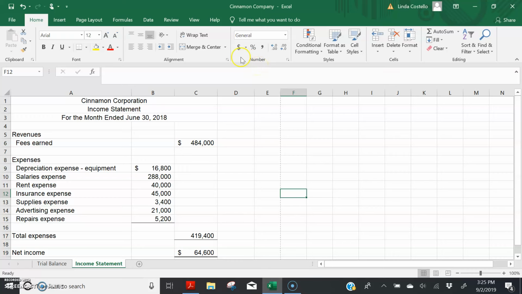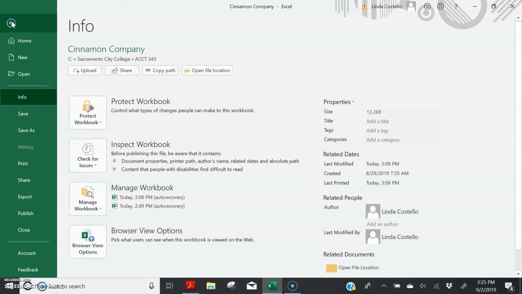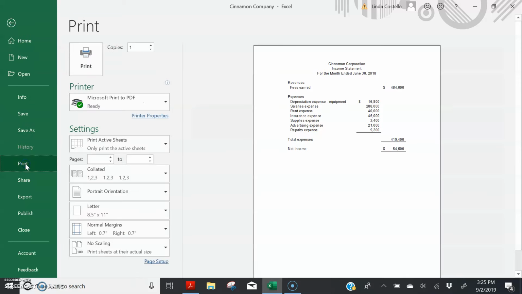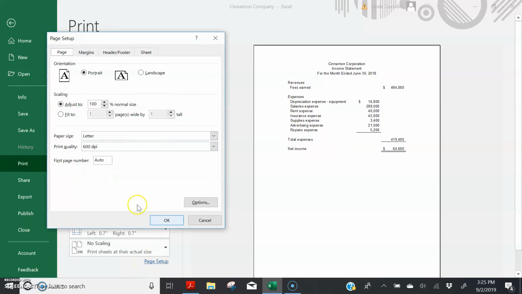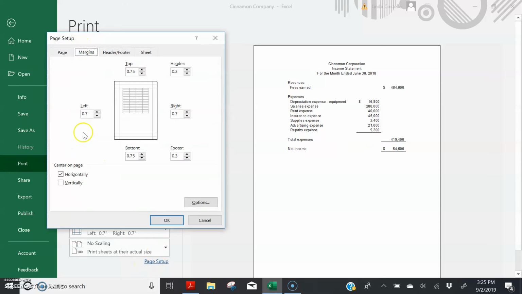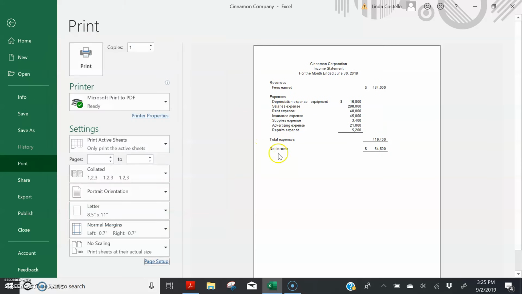So I'm going to go to File, Print, and see how we have this print preview page. Notice it's nicely centered because I've already checked this center horizontally checkbox. If I did not have that checked, then it would not look pretty on the page.